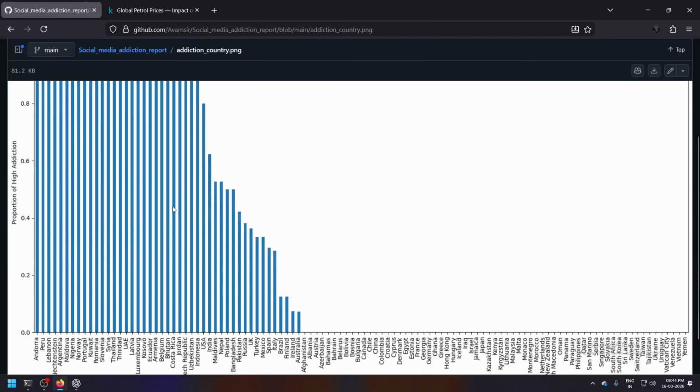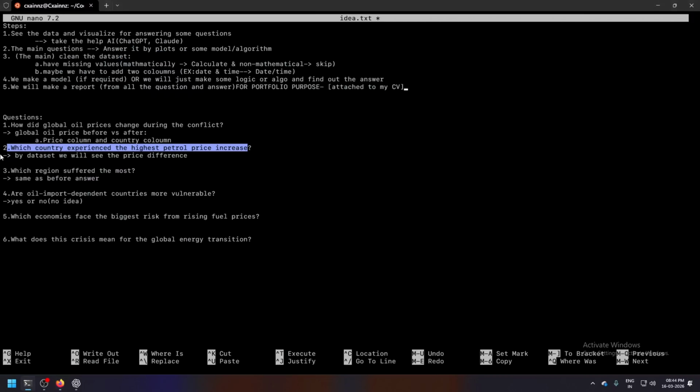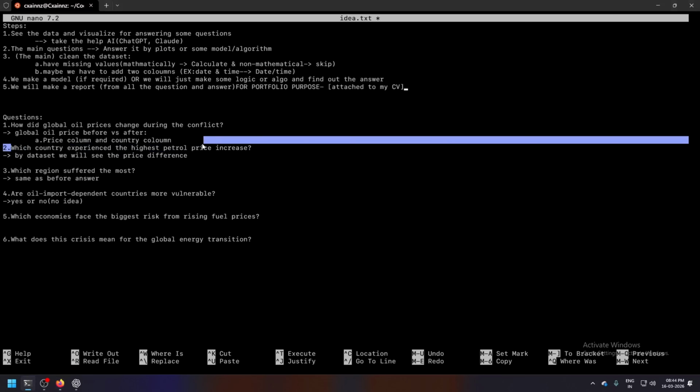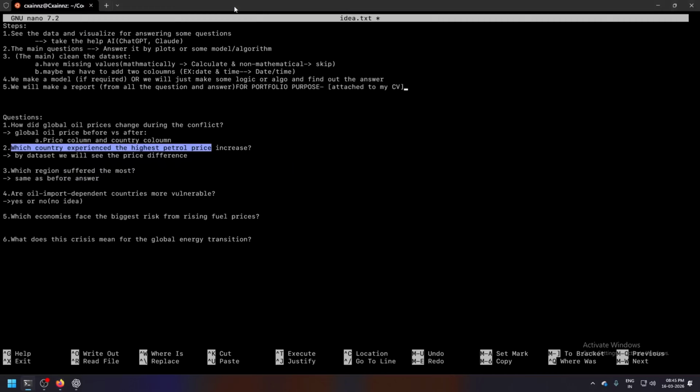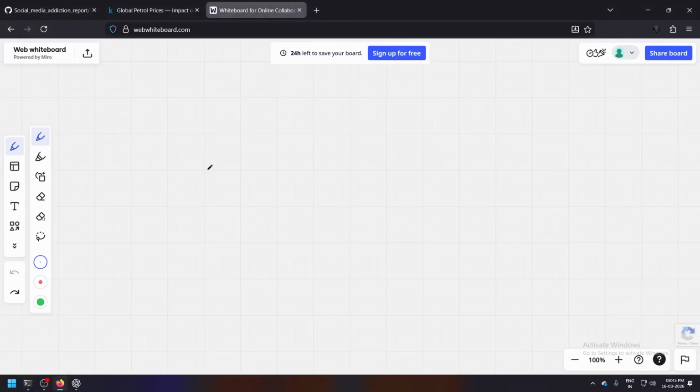So, which country experienced the highest petrol increase? You can make this type of graph, and with some changes you can place dots, and then the dots can make a graph. To show you, I have made a whiteboard.